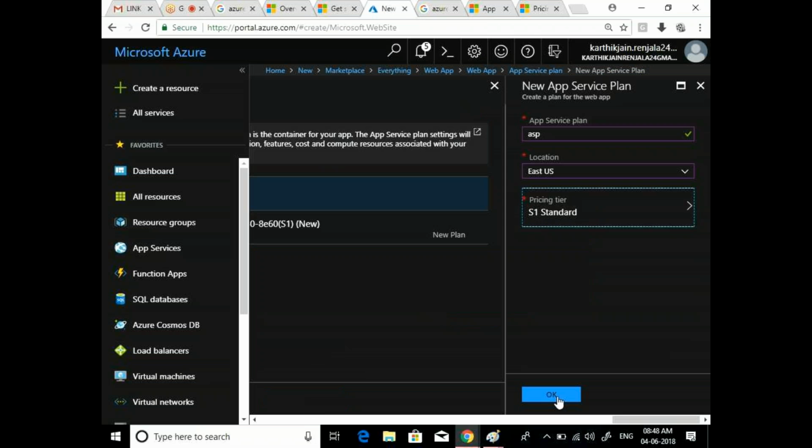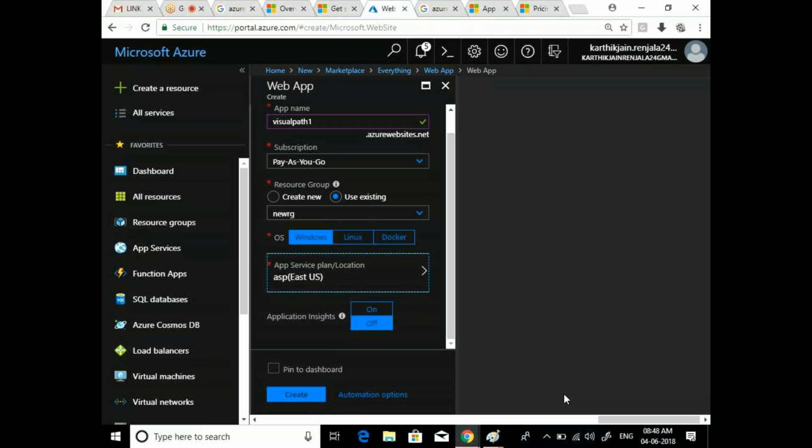I have just selected the configuration for my Windows server. I'm taking the operating system Windows, and this is the configuration for it. Application Insights is a monitoring tool. It provides good insights, like if you are making some changes in your app, or how much time a request is taking; everything is captured by this Application Insights. You will see this Application Insights as of now. Okay, I'm just creating it.